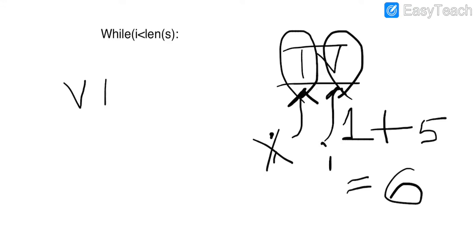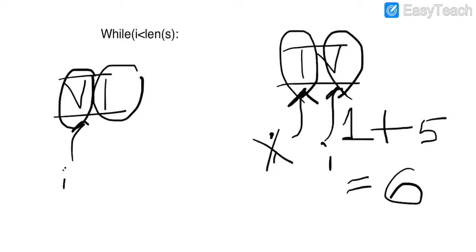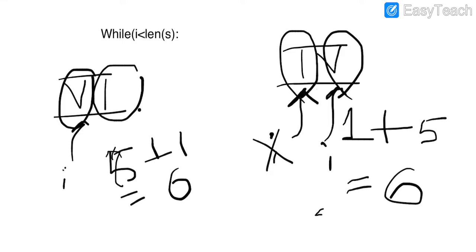If we look at the Roman numeral 6, it first checks the first character, which is V, compares the first one with the second, and gets to know that the first one is greater than the second. So it just adds whatever it is. So 5 plus 1 is equal to 6 in this case. In the case of 4, by checking that the second character has more value than the first, it does the subtraction. So 5 minus 1 is equal to 4. It no more counts as 6.